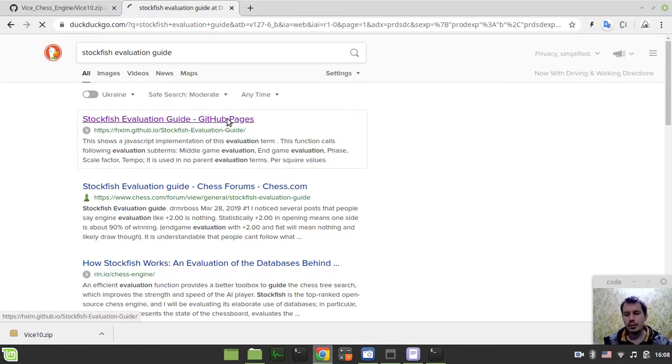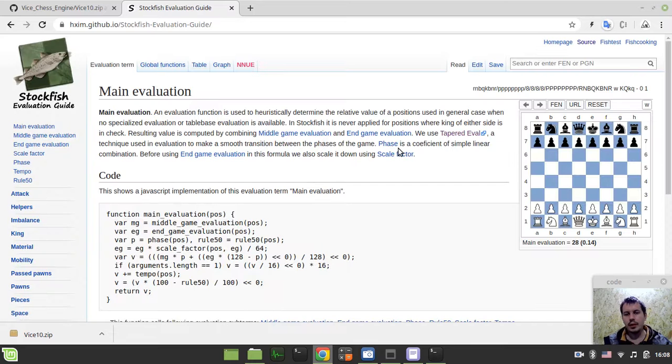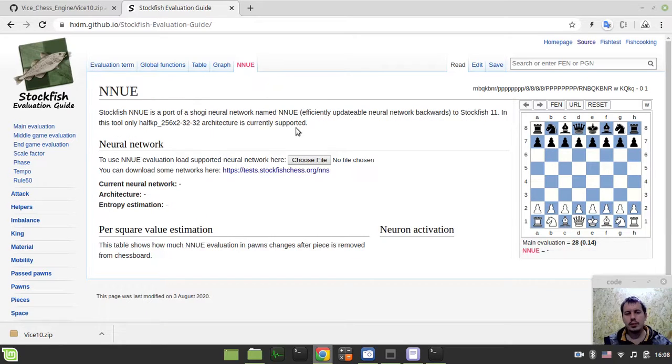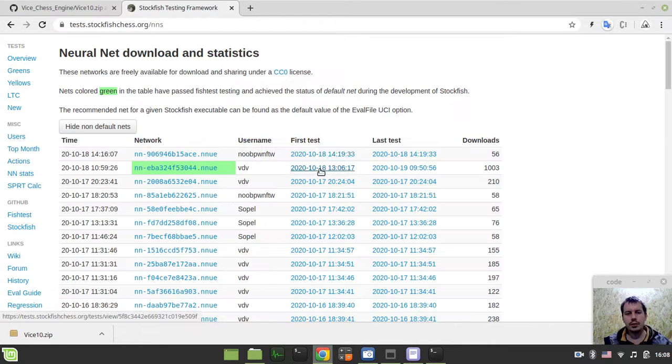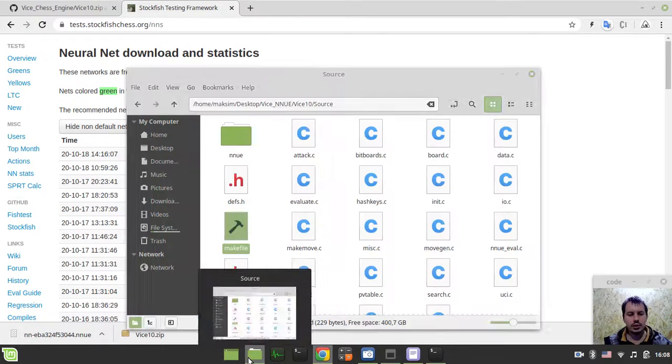So just to give you an idea where you can get the newest version. We go to this NNUE tab and then Stockfish here. The green one is the current neural network that is used by the Stockfish chess engine at the moment. It's quite a big file, about 21 megabytes. It's already been downloaded by 1,000 people. This is exactly the same file that I was using, but let's just download this